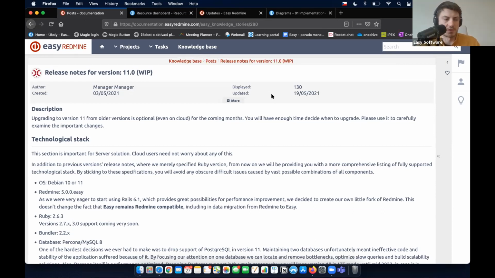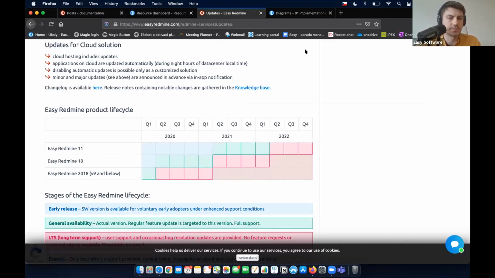There have been additional questions on version 11. For example, if it's mandatory or not. So I think this is a good time to present the options for our existing clients that would like to stay with the previous version. Until recently, we were on version 10. Version 10 now became version 10 LTS, long-term support. So we are definitely supporting version 10 until, let's say, the end of the first half of 2022. It will be possible to migrate from version 10 to version 11 if you already have version 10 right now. After July this year,